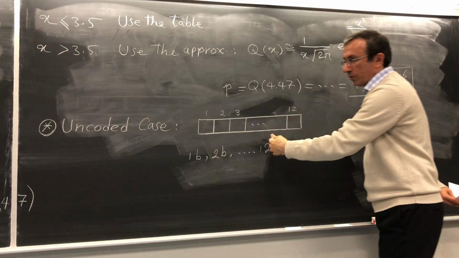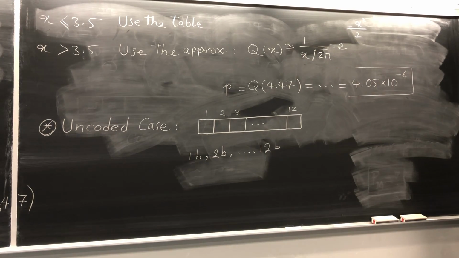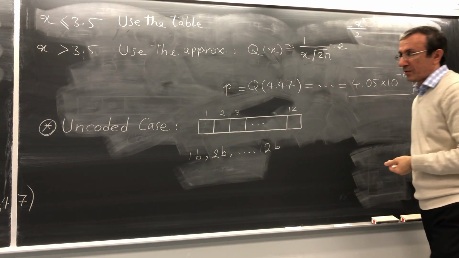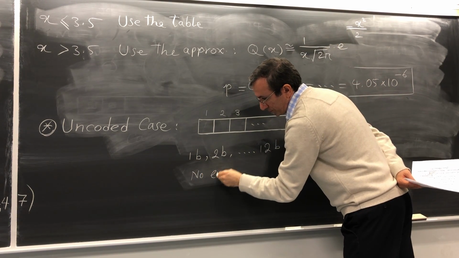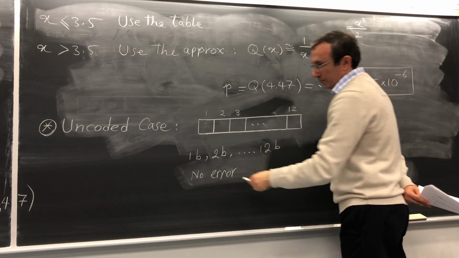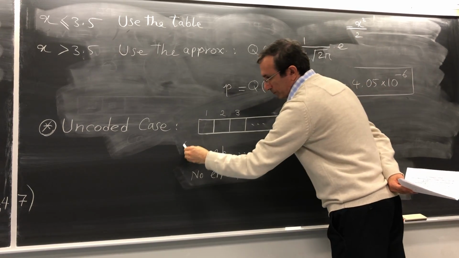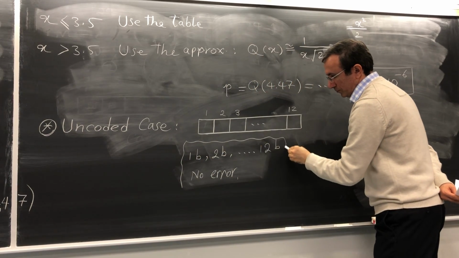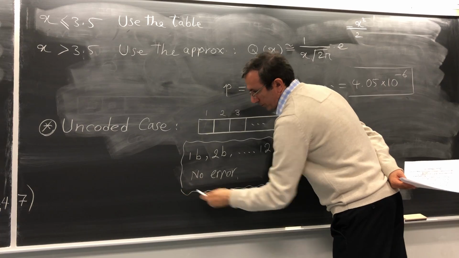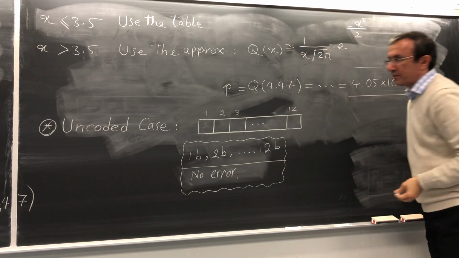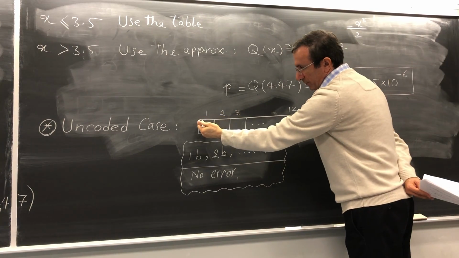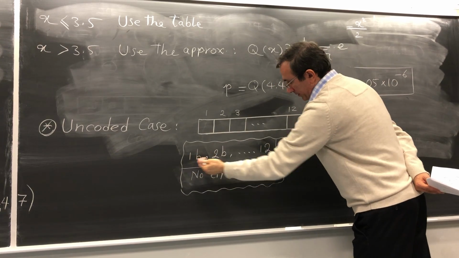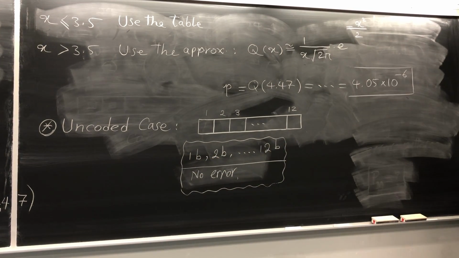Each one of these situations with all the combinations that might happen will be error cases. And there's one more situation, and that is no error. So this is the entire space for the error to happen to this 12-bit code word. One situation is no errors, and there are 12 other situations which contain the occurrence of at least one error,